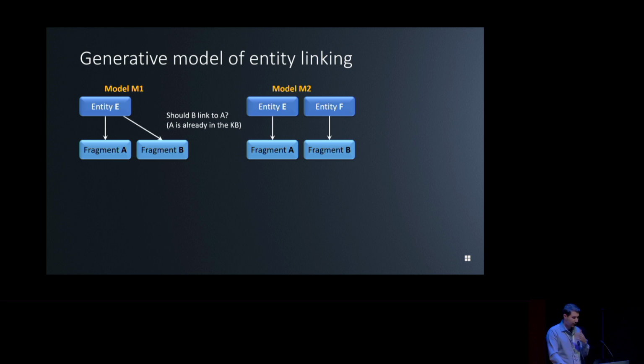So in both of these cases, you can consider that A is given, right? And in the first case, both A and B would be drawn from the same latent entity. In the second case, they would be drawn from separate entities. So in the second case, they are independent. Now, what you want to do is model comparison of these two, get some sort of a linking score, and then threshold it, right?